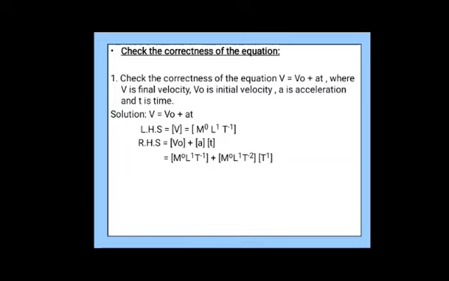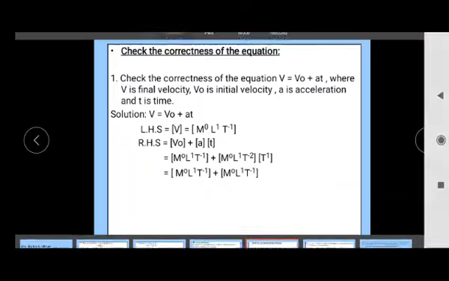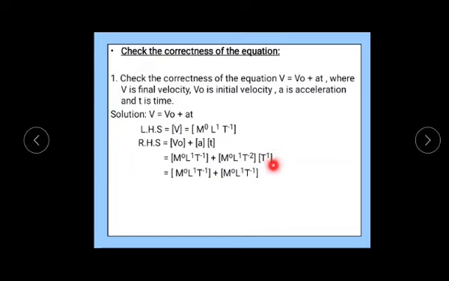And for acceleration it is M raised to 0, L raised to 1, T raised to minus 2. Time T, that is T raised to 1. Now here you simplify. This is T raised to minus 2 and T raised to 1. How much you will get? Minus 2 plus 1 is minus 1. So if you observe, M raised to 0, L raised to 1, T raised to minus 1 in the first bracket, correct? Observe the second bracket, same you are getting, M raised to 0, L raised to 1, T raised to minus 1. Means you are getting the same two brackets.